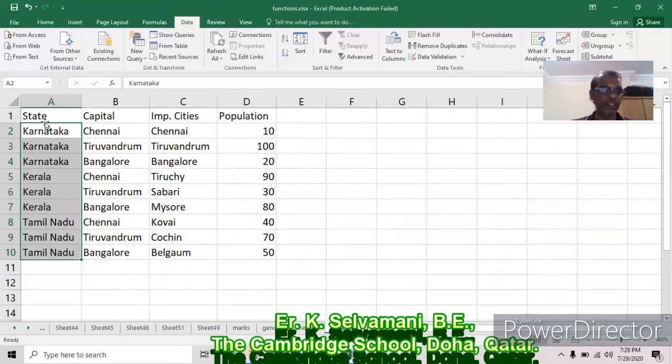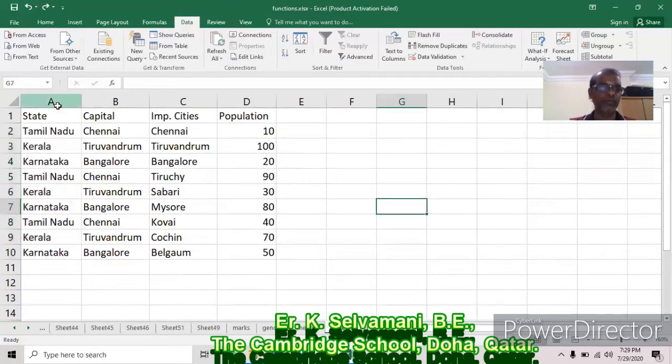Now we click here. Other than state, everything is in ascending order. One more problem: this Karnataka comes here. Only this whole column was put in ascending order. B, C, D are not disturbed. It is wrong. Whenever the fourth row goes to the second row, the whole row should go there. Then only will we get Karnataka, Bangalore 20. Okay, so it is wrong. I will just undo.